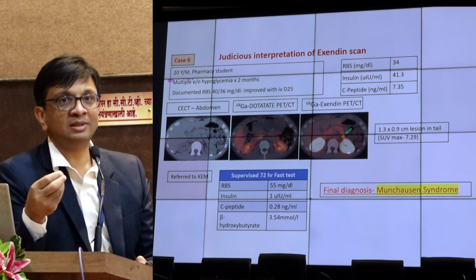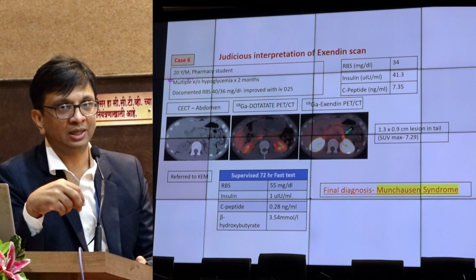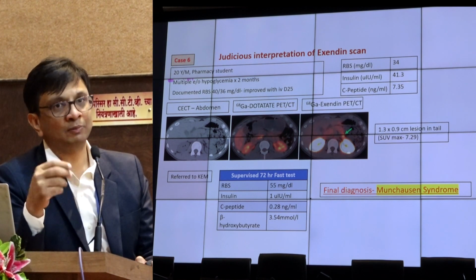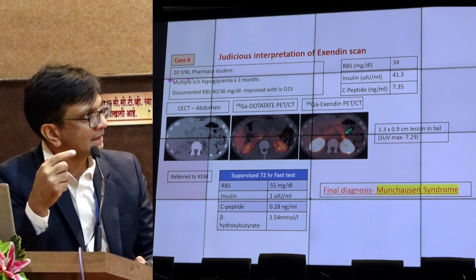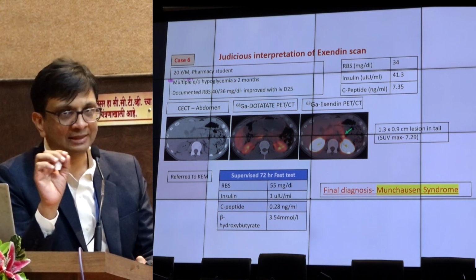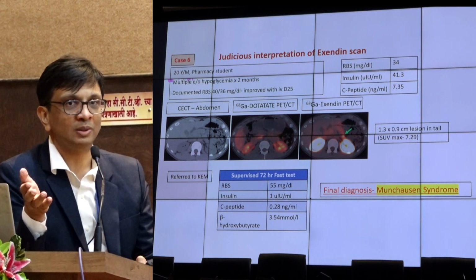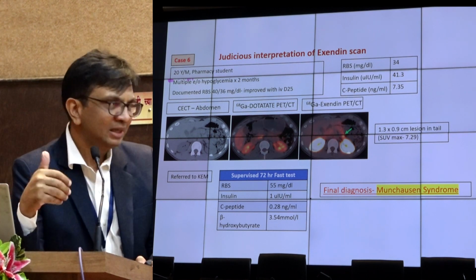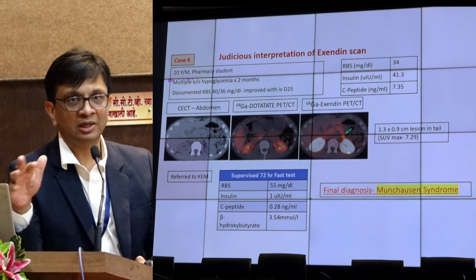At the time of the first test, when the doctor did a fast test on the first occasion, he had taken sulfonylurea. And because of the sulfonylurea, hypoglycemia happened, insulin went up, C-peptide went up. And whatever lesion was picked up on the exendin scan is just a false positive lesion and it's not actually an insulinoma. So we have seen many cases of Munchausen syndrome who have been referred across, especially from various interiors of Maharashtra,